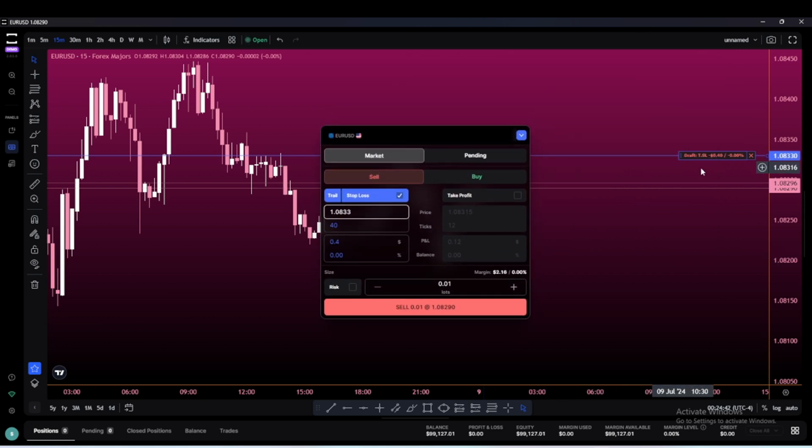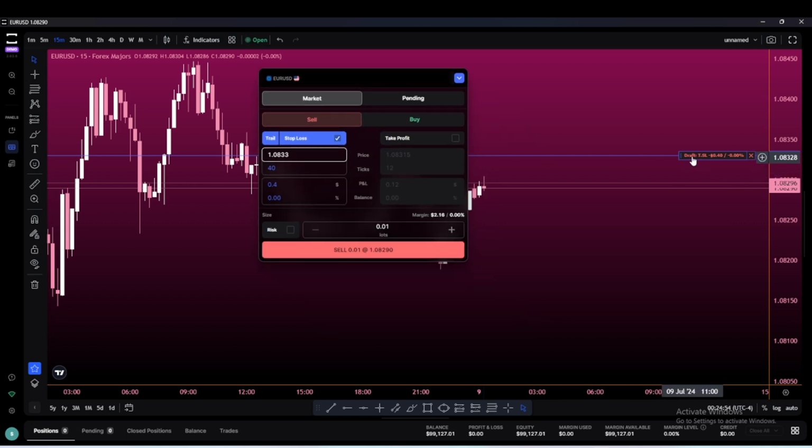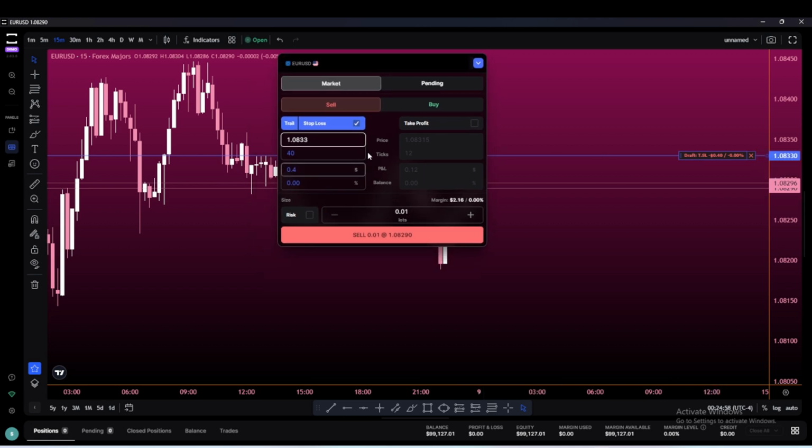All right. And now you can see once again that T goes into the front of where you see the stop loss. All right. And again, when it's draft, it's not set in stone. We're still editing it. Only when that word draft goes away will we be in the trade and we'll be set. All right. So you got 4 options, right? You can set it by the price. So I see this price up here,